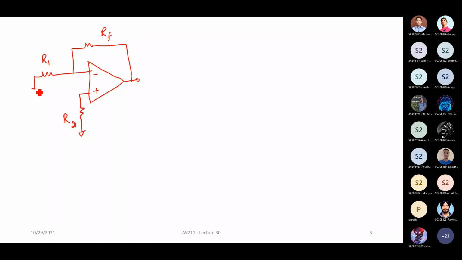This is R1 going to ground, RF, and let's say this is Vout, and your Vin is going to get connected to this one. Now there are two things which happen here, right? So let us say if you connect something like this, then you are inverting. Sorry,